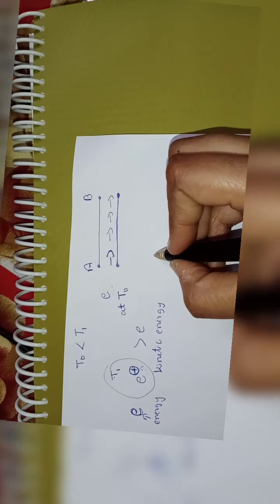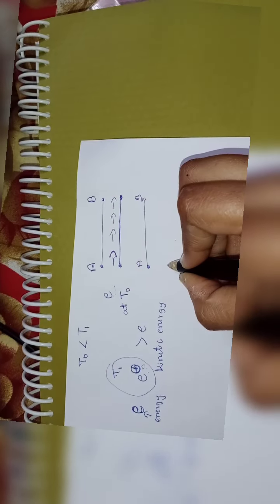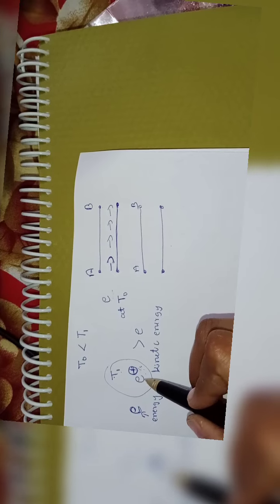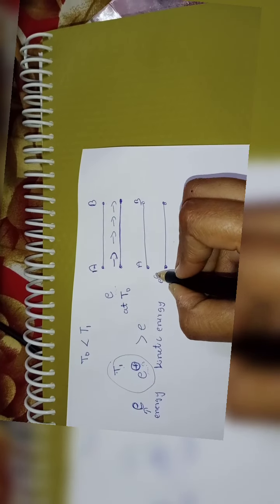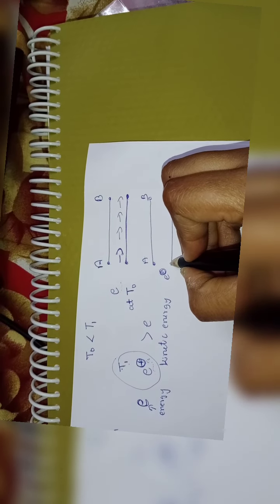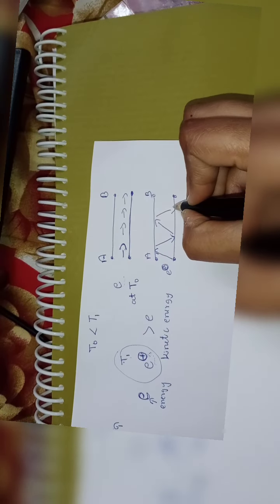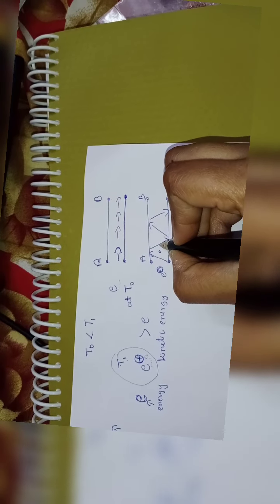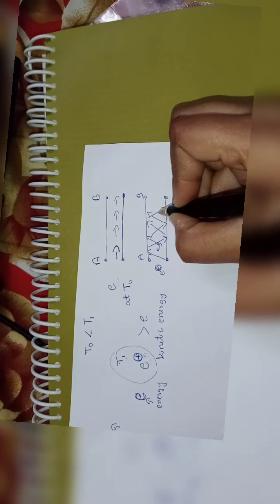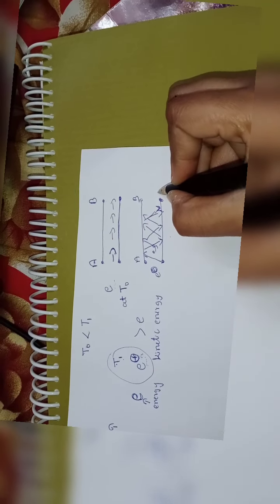So in this case what happens to the drift velocity? I am considering the same distance A to B and this is the channel. Because of the temperature increase, the electron gets more energy and starts to move randomly. Start to move randomly means it goes and hits the surface and is reflected back, or collides with the neighboring electron and is deflected and moves back and forth with respect to the surfaces, and finally it reaches B.